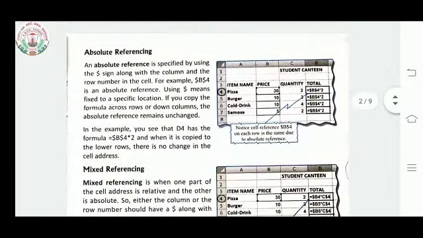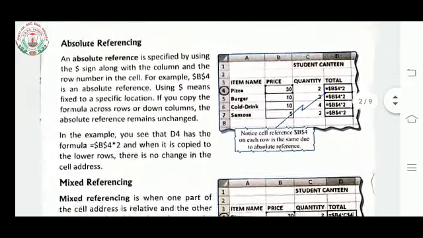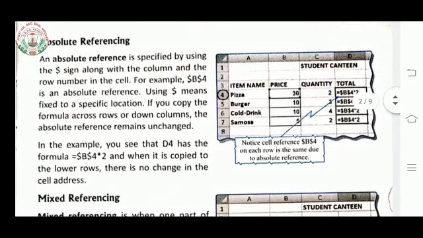Next comes the absolute referencing. An absolute reference is specified by using the dollar sign. Wherever the dollar sign is given, whether it is the column name or the row number, it will be fixed.